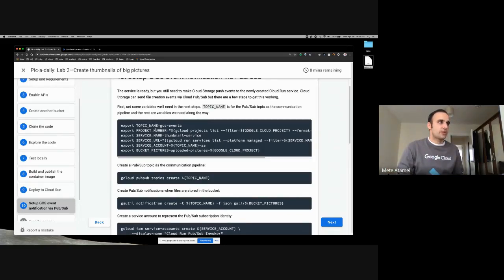Then we need our project number for later when we need to create a service account. The service name, we call it thumbnail service. Then you can get the service URL using this command, and we are going to get it and then assign it to service URL because we're going to need that as we set things up. The service account is the account that will make the call from PubSub to Cloud Run. So there is a name for the service account, and we are basically just saying it's topic name-SA, service account. And finally, we need to know the pictures bucket